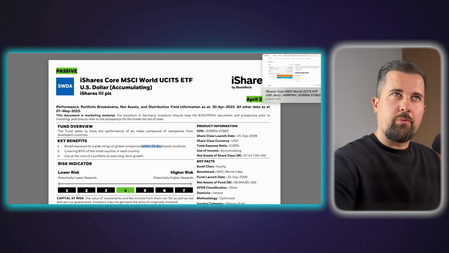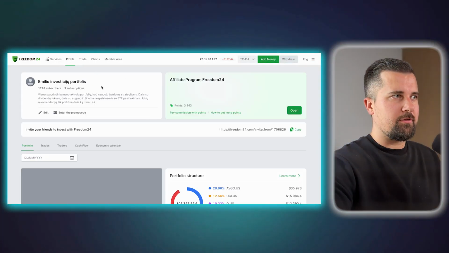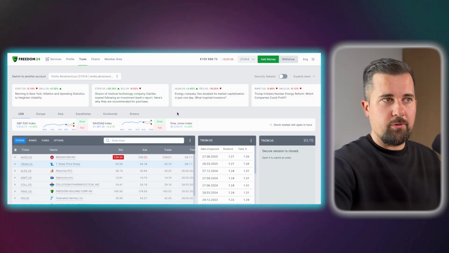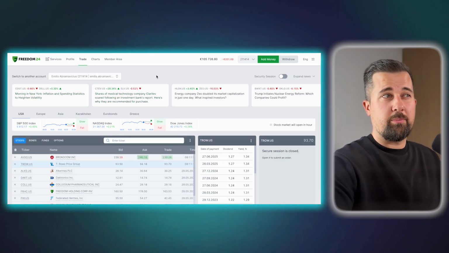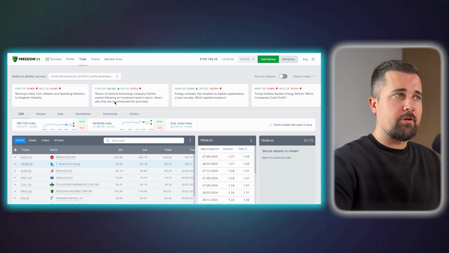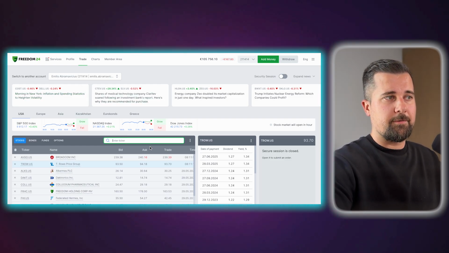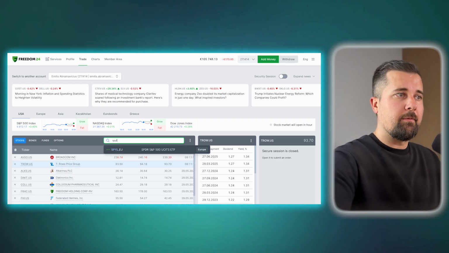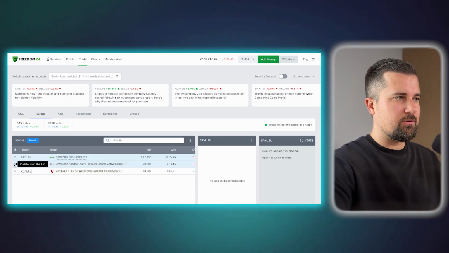500, you're still going to need a brokerage. Usually, opening a brokerage account is completely free. I'm using Freedom24 just as an example. If you want to check out these portfolios, you have the ability to track my portfolios and see where I'm trading and what I'm doing. The idea here is to convince more people to see how you can do it yourself. If you have a brokerage account, you have some sort of search window. I would simply suggest SPYL, one of the easy solutions here.